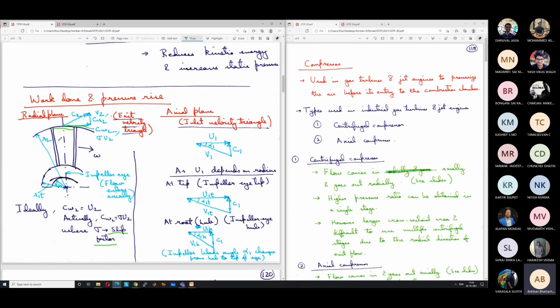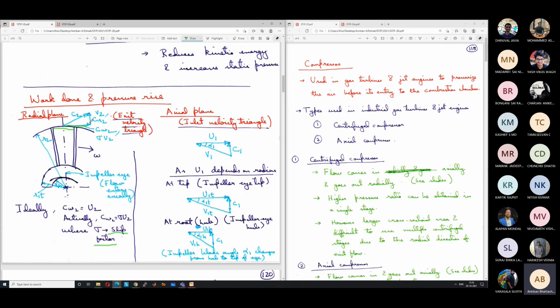Flow rate depends on other factors, right? Flow rate will depend on your system design. You have a certain mass flow rate depending on your power requirement, on your thrust requirement. If we keep the flow rate constant, the relative velocity has to increase, V2 has to increase, or any relative velocity along this line has to increase. So it will lead to increased frictional losses. Okay, so arbitrarily we cannot keep on increasing the number of blades, because it will increase the frictional loss. We'll see this later, but this is the wheel component CW2.